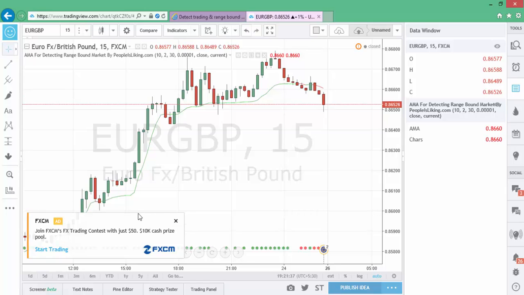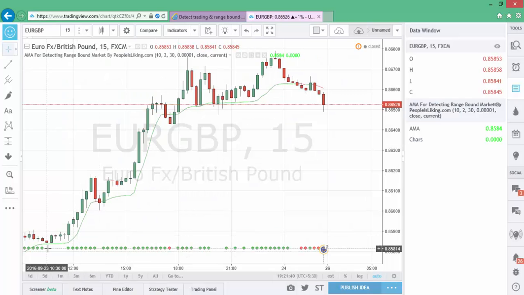So it is only for detecting a trading market. This is not an actual trading strategy, but you can use it as an actual trading strategy also. But it gives a good result when you are using your original trading strategy, which gives good results in a trading market. If your trading strategy says go in an upward direction, and this adaptive moving average for detecting a range bound market is giving you an upward direction move, then you can buy, you can get into the trend at some point when it is in a range bound zone.